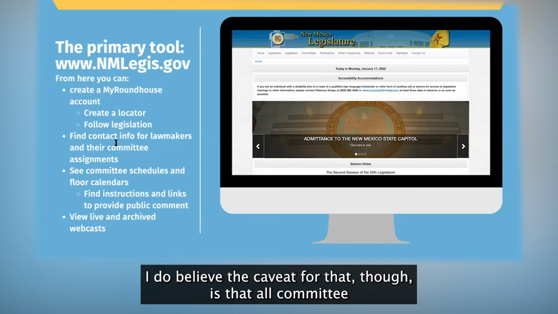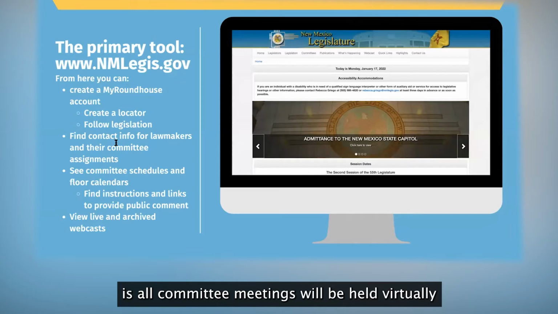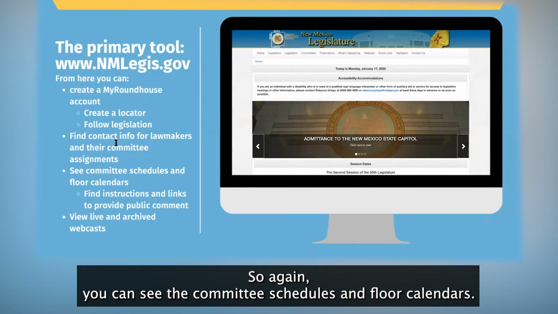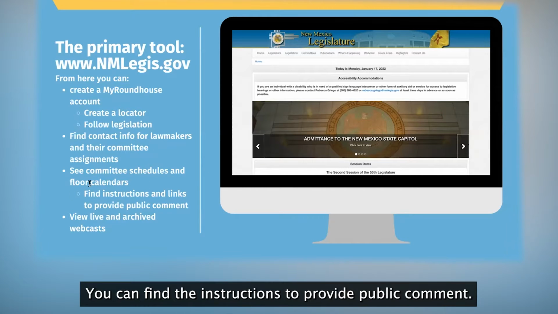I do believe the caveat is that all committee meetings will be held virtually, and floor sessions will be the only ones that people can attend in person. So again, you can see the committee schedules and floor calendars, and you can find the instructions to provide public comment.